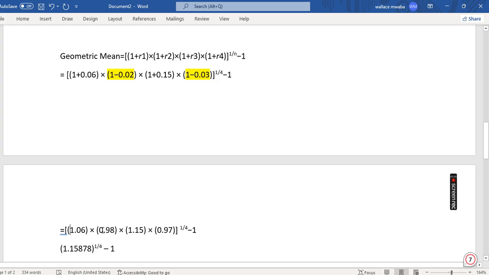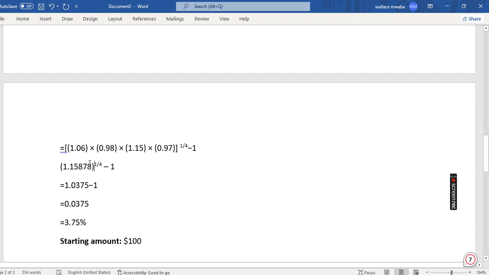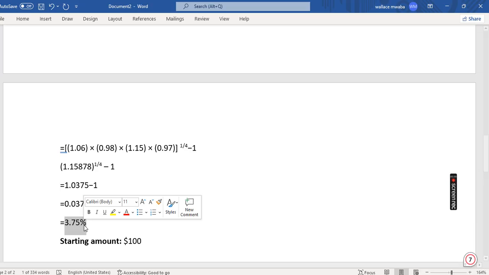When we multiply these numbers, we get 1.15878 to the power 1 over 4. In your calculators, you can put this number to the power 0.25 and you get 1.0375. Then we subtract 1 from this, and we get 0.0375. So our geometric mean is 3.75%. Basically, the growth rate of our returns is 3.75% per year. That's the growth rate